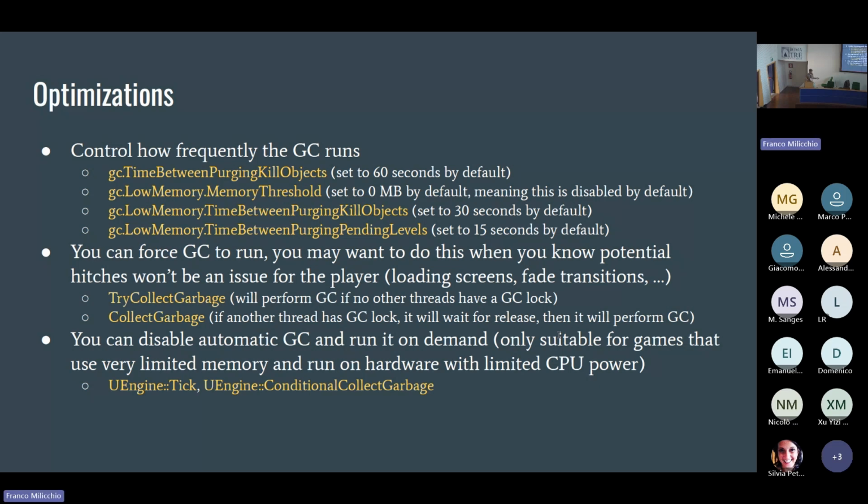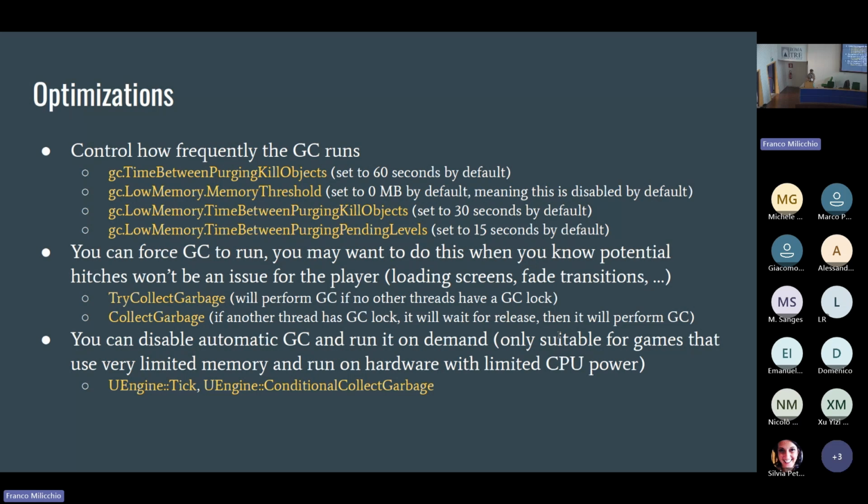And there is a third method that you can use to optimize the GC, which is actually turning it off. I don't recommend it unless your game is very small, you know what you're doing, and maybe you're running on very limited CPU hardware, like a very old Android mobile phone.